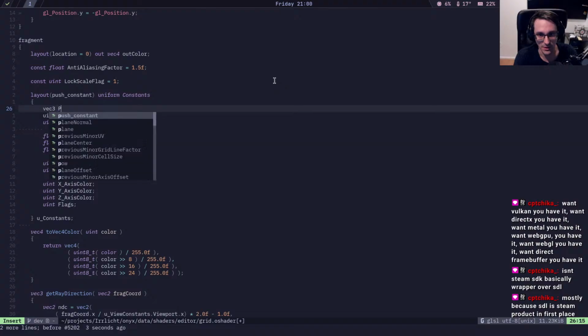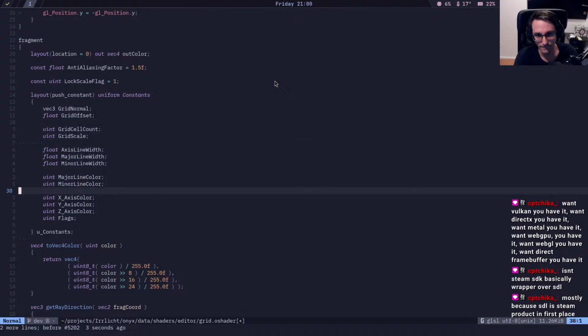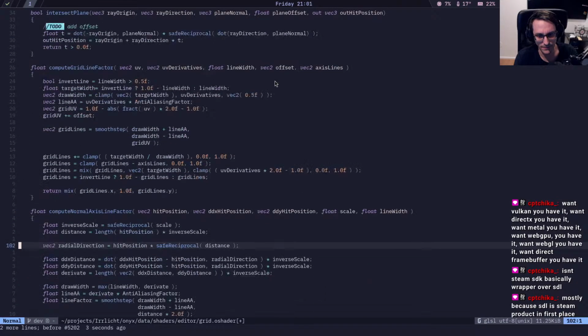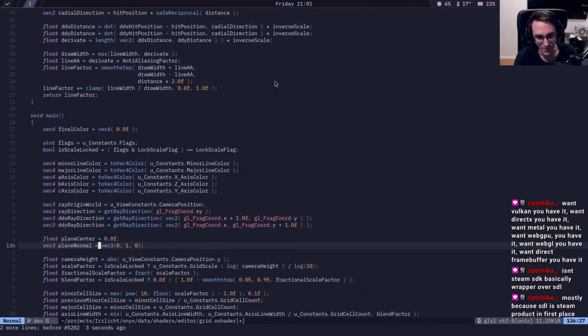Well, I guess we do have like 3 grid normal. And float grid distance. Or grid offset. Let's do grid offset, I guess. And then we do the rest. The grid offset we leave out for now, but so then this would be our, that would,